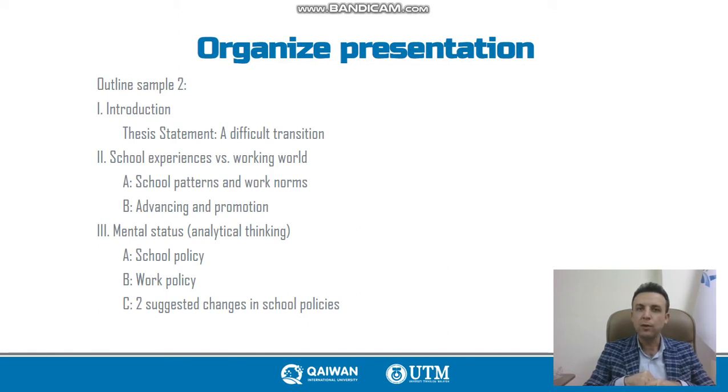You can choose either of the outline types. Probably the first type of outline, in which we have complete sentences, could be better when you are making an outline in order to have a review of something later. For example, when you study your own academic books, you may want to summarize each chapter in the form of sentences, so later you can read the sentences to have a review. And in my opinion, the second type of outline in which we have only words and phrases can be suitable for when you are preparing a presentation, preparing a lecture.